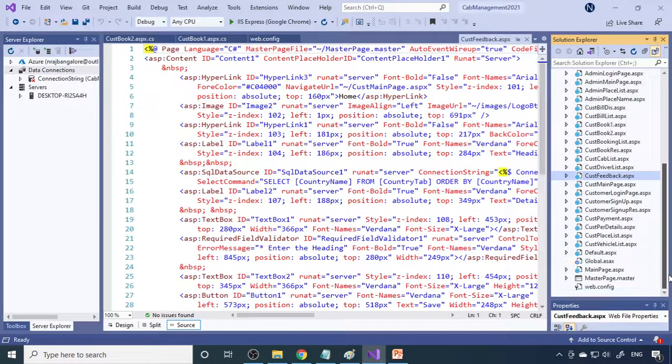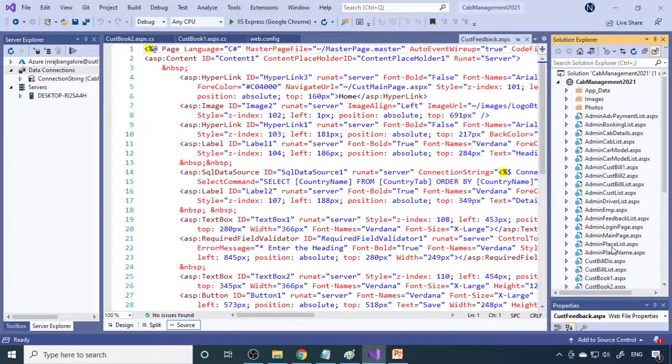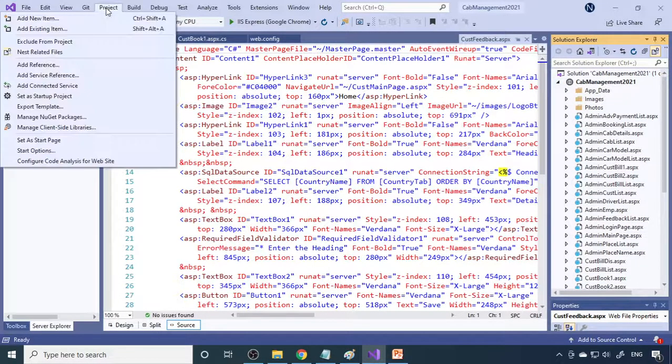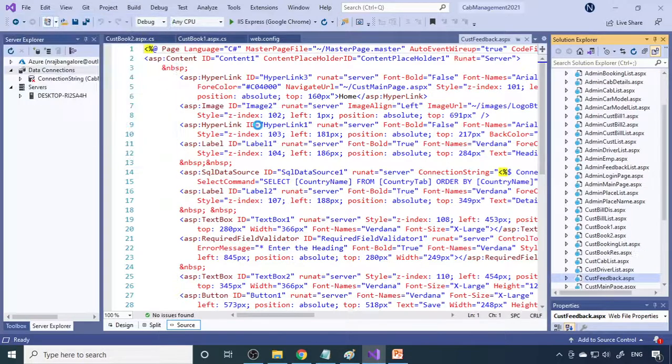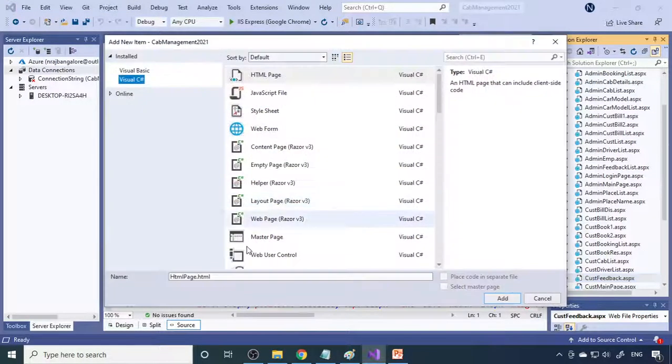You should also practice giving the proper name whenever you give a file name. For example, if you go to the project and say add new item, by default, if you take a web form, it's Default2, Default3, 4, 5 like this. Don't leave it as Default2. Instead, write what exactly the page will do, whether it's admin or customer.